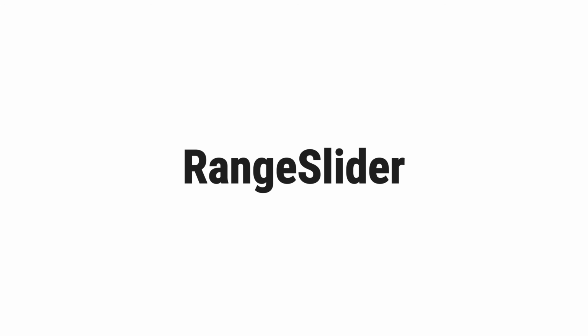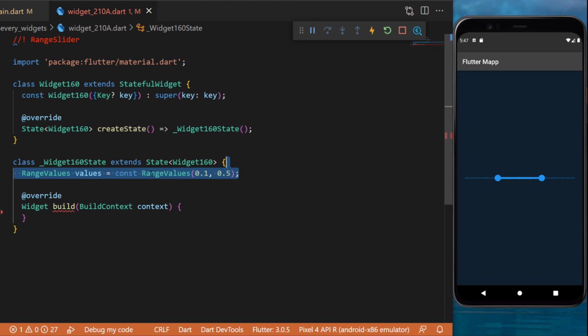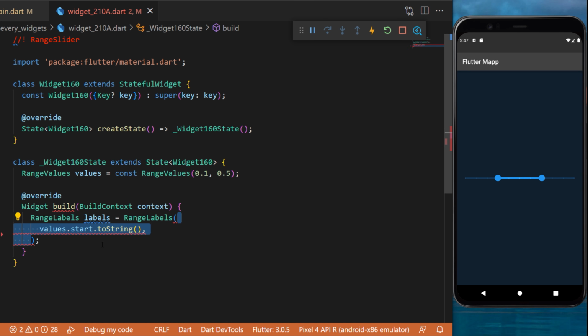The range slider widget. This is what you will have at the end. First, we start by creating a range value. This will be 0.1 to 0.5, which we call values. Next, we create a variable labels. This will be a range labels. And inside, we put the